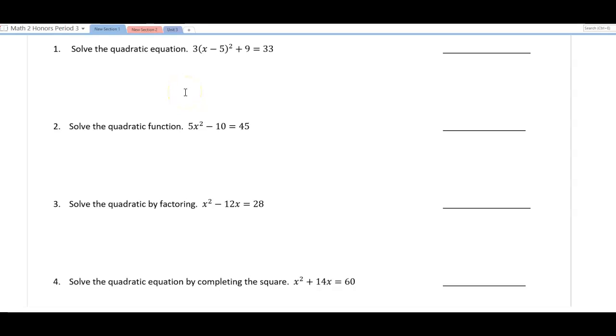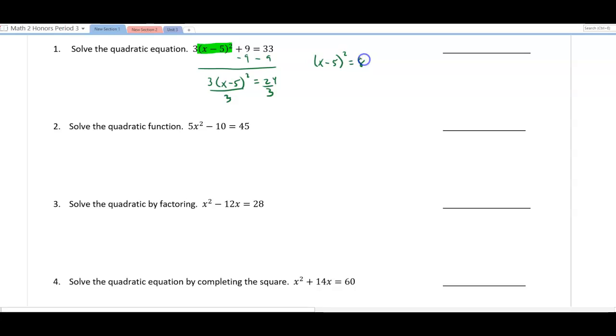Okay, so for the review, the first problem is basically kind of using a square root method in a way. So first thing you want to do here is isolate or get the x minus 5 all squared by itself. So the first thing I'm going to do is subtract the 9. I end up with 3 times x minus 5 all squared equals 24. And now when I divide both sides by 3, I end up with x minus 5